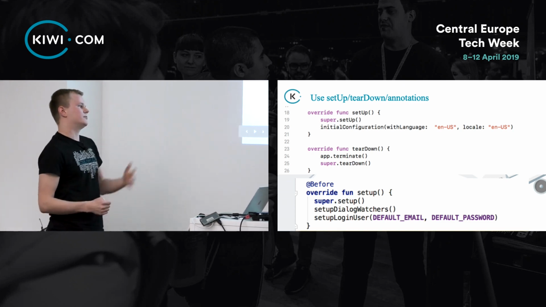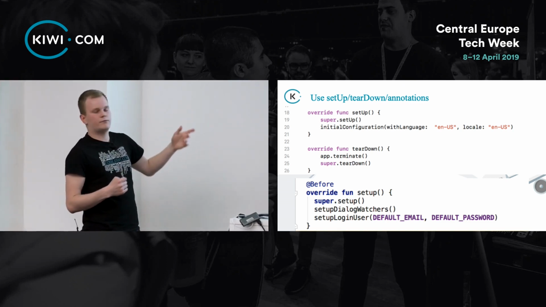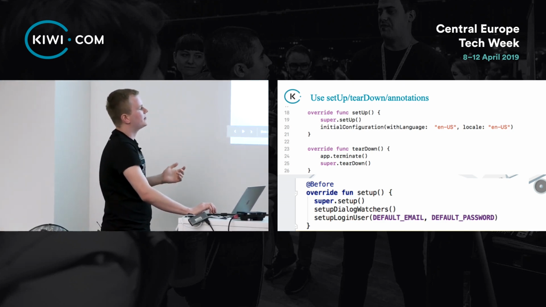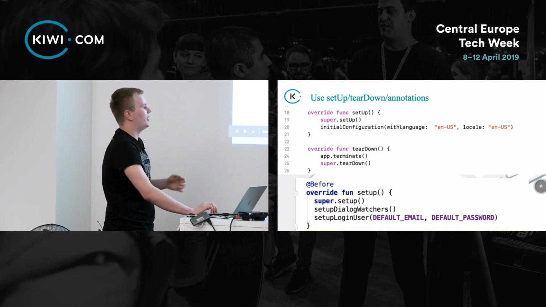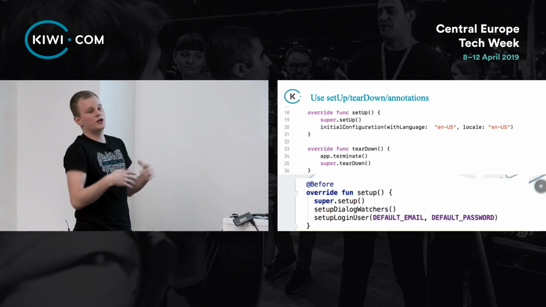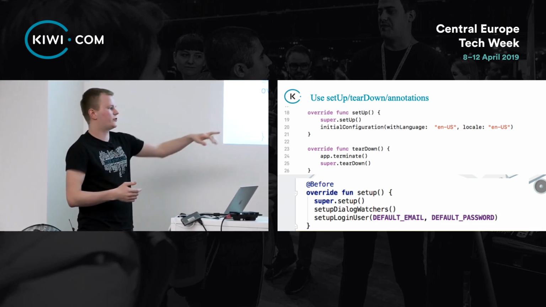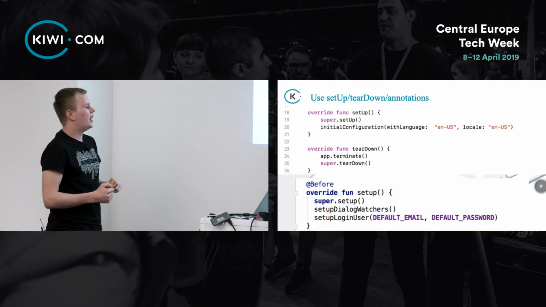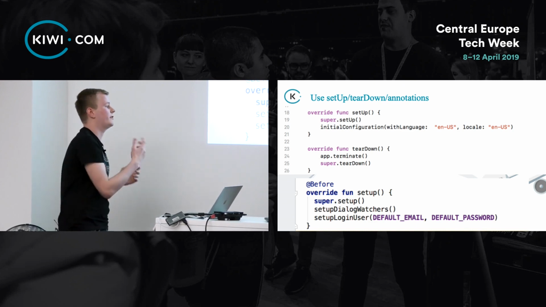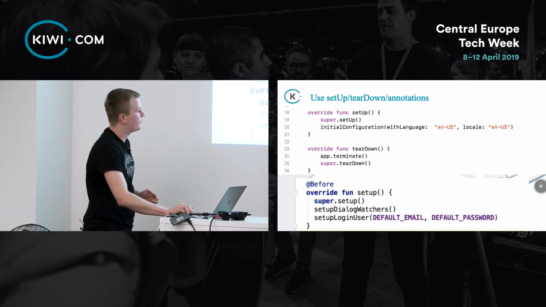We have annotations. This is a JUnit annotation, I think. Before the test, this runs. This sets up your environment and your testing environment. This sets up some watchers, and in this one, this logs in the user. So I have a class of tests, which every one of these tests requires a user to be logged in with this email and this password, and this runs before every test and checks if the user is logged in with the email we want, and if it's not, then it logs out and logs in again with the correct